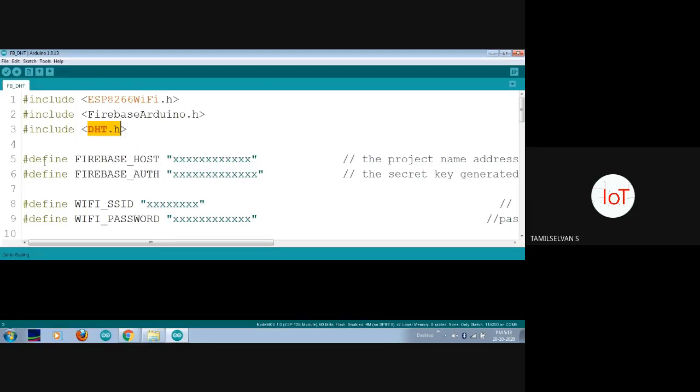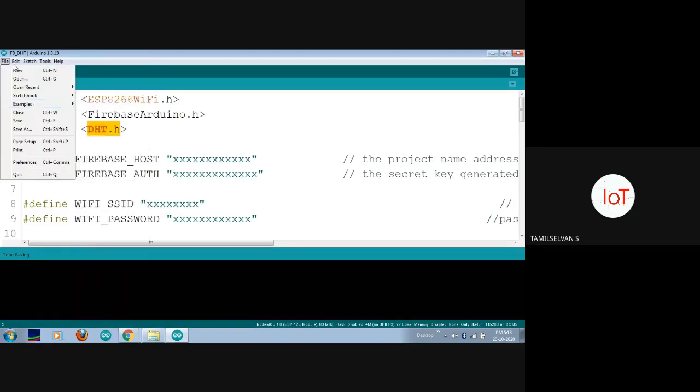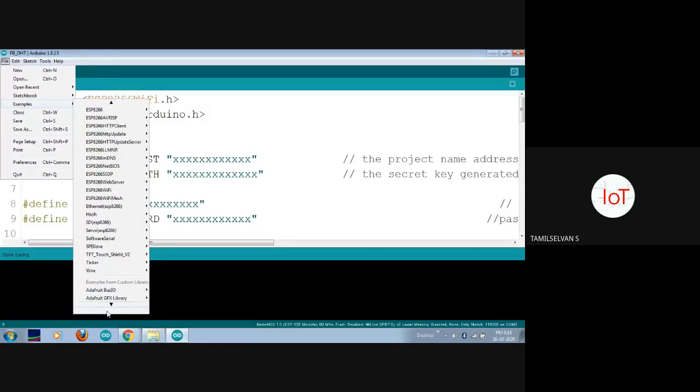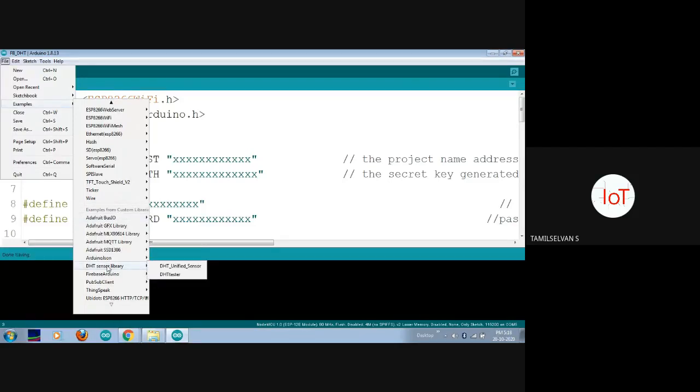If you want to see how exactly this particular library works, they have given us samples. Once you include these libraries, you can go into the examples, and you can see at the bottom that the examples from manually installed libraries are listed. Under the title examples from custom libraries, you can see the DHT sensor library.